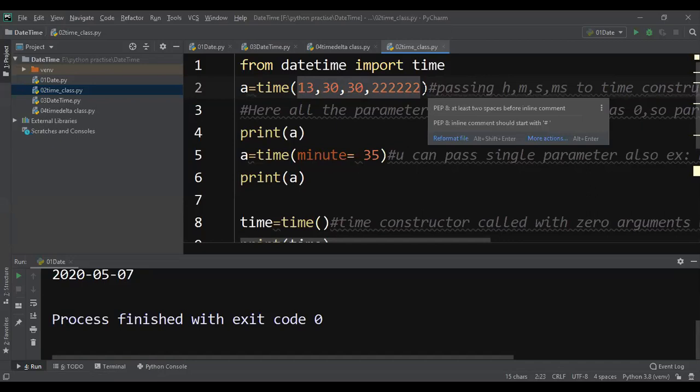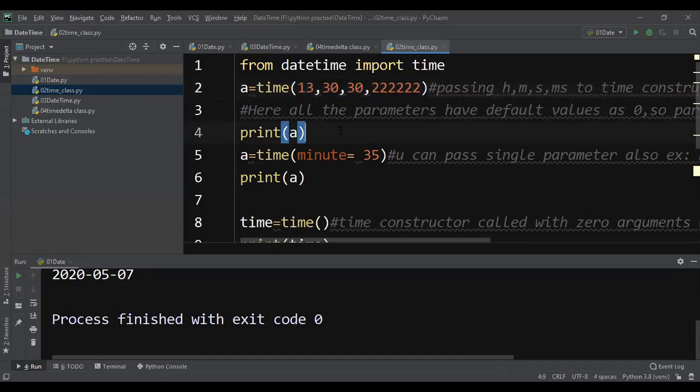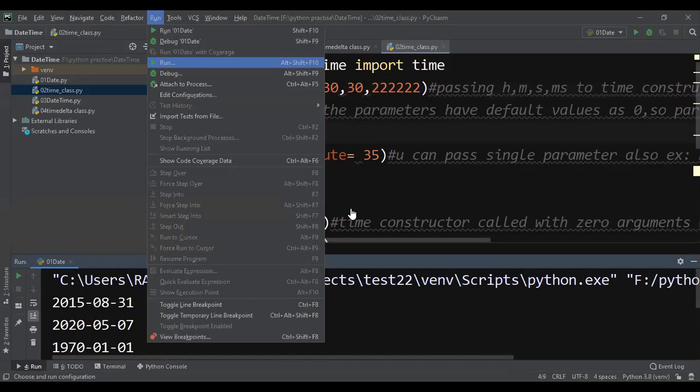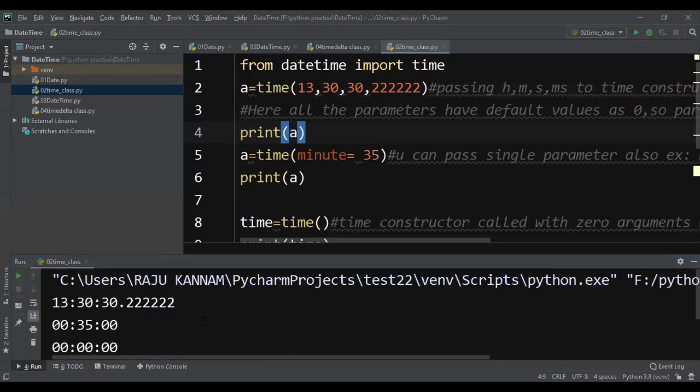Now if I print A, by default the date class program is going to execute. Now if I give this, it prints the time: hour, minute, second, and this is the microsecond. That means you can indicate the time to microsecond precision.